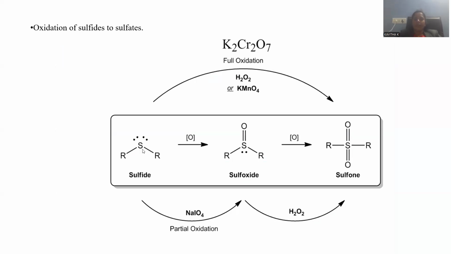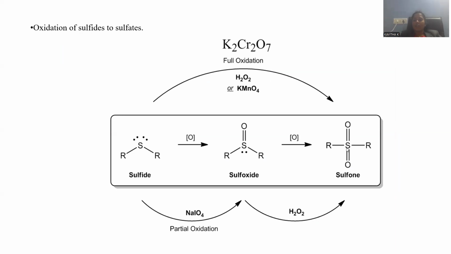Sulfide is nothing but any compound having sulfur itself. Sulfur with a -2 charge will be there, accompanied by two alkyl groups like this. You can add an oxidizing agent like K2Cr2O7, H2O2 and KMnO4 that is able to convert it initially to sulfoxide. Sulfur double bond O is the partial oxidation form. That sulfoxide will be further oxidized, being it is a strong oxidizing agent. One more oxidation level proceeds, giving rise to sulfone.